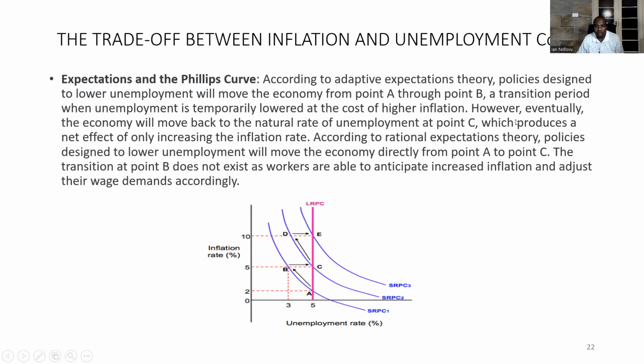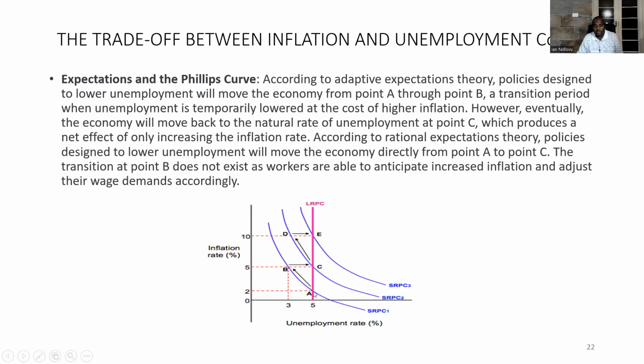Now, eventually, the economy will move back to the natural rate of unemployment at point C. How? It will move backwards according to what I explained earlier on: the effect of inflation acting as a tax on nominal wages. According to rational expectations theory, policies designed to lower the unemployment rate will move the economy directly from point A to point C. So according to the rational expectations school,